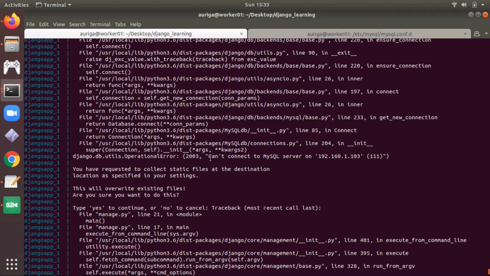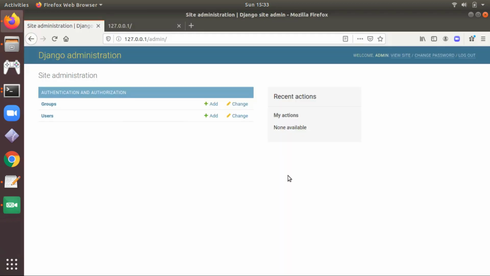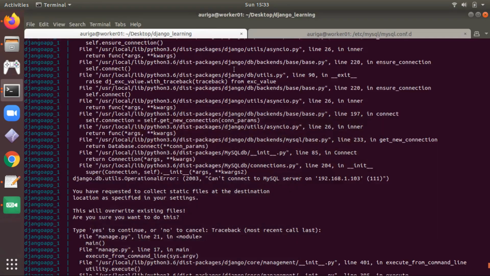So here you can see a message, can't connect to MySQL server on this IP. So your Docker container is able to ping or to connect to this IP, but unable to connect to the MySQL server. And if you check here, you will also get the same error, that can't connect to MySQL server on this IP or this host.